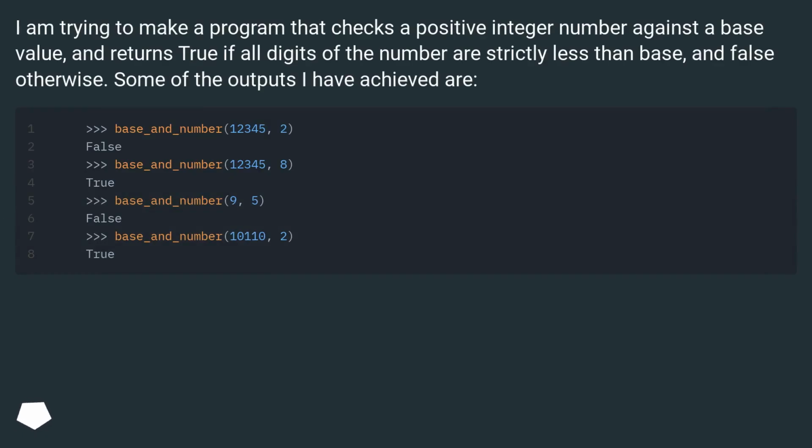I am trying to make a program that checks a positive integer number against a base value, and returns true if all digits of the number are strictly less than base, and false otherwise. Some of the outputs I have achieved are: